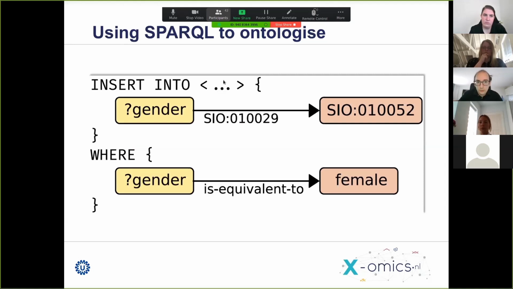So insert into a graph of our choosing this triplet. So for any gender that comes through, assign the SIO predicate for gender and then the SIO object for female. And do that for every gender that is equivalent to female. And now for this term, for our gender terms, we have made ourselves compatible with the data standard set by